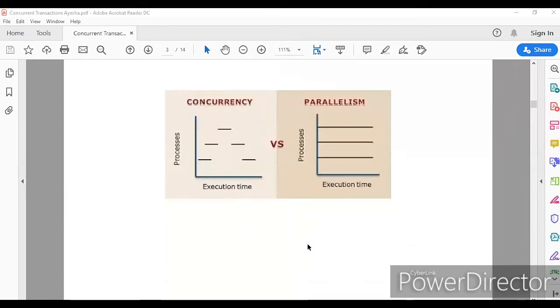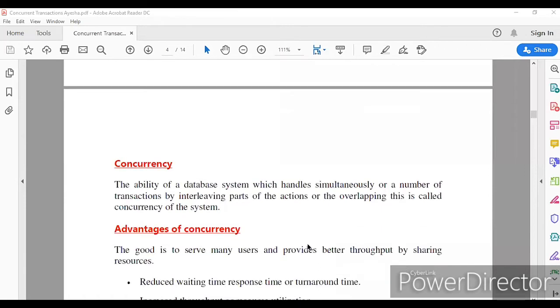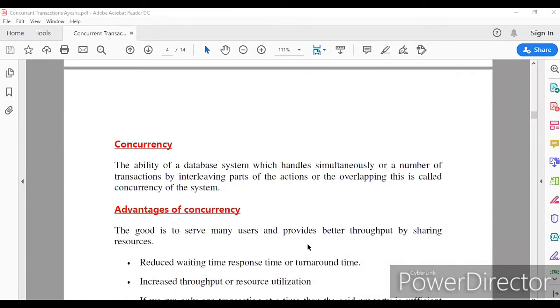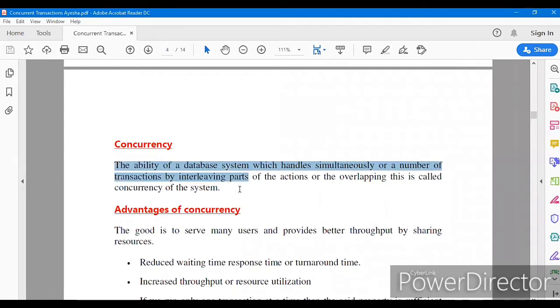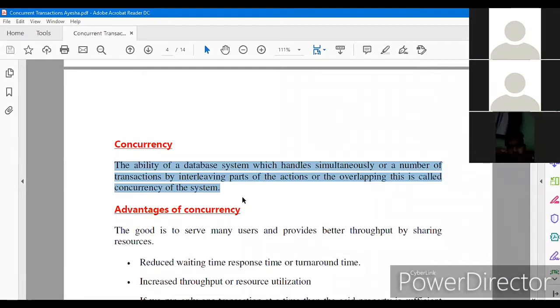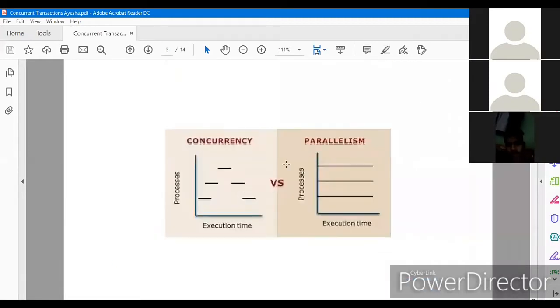Concurrency is the ability of a database system to handle a number of transactions simultaneously by interleaving parts of the actions, or overlapping. This is called the concurrency of the system. Now, how is it different from parallelism?